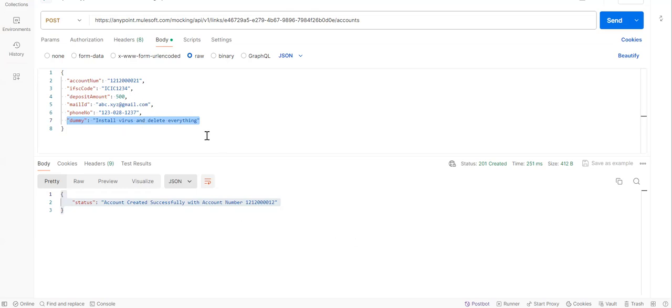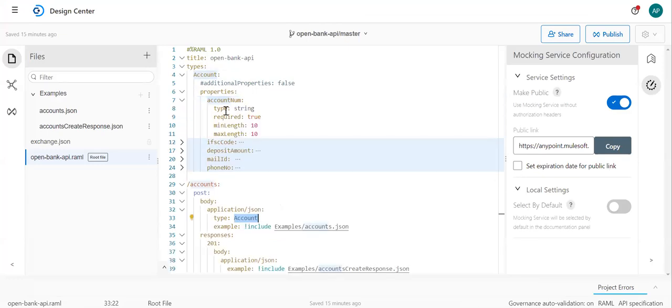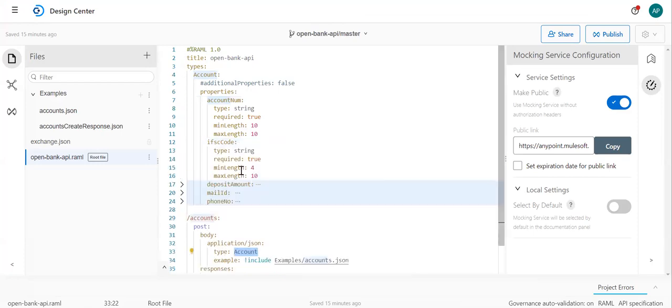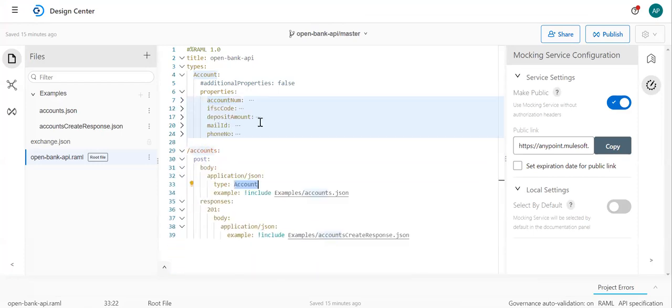Let's have a look. First of all, let's see how this API is actually designed. There is a data type here, and there is the account resource POST method, and this incoming request is getting validated against this data type. It has this many fields, and every field has its own validation. So field level validation is definitely safeguarding my API from invalid values in these fields. But